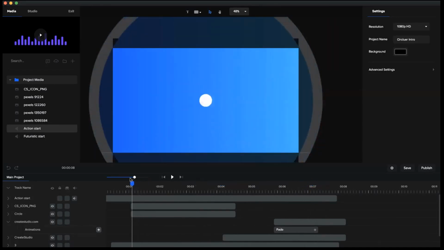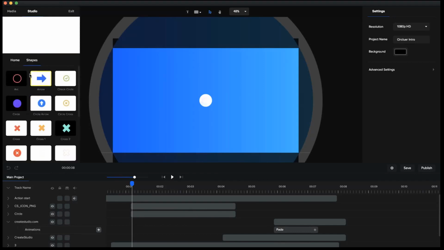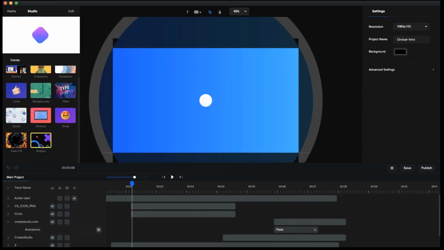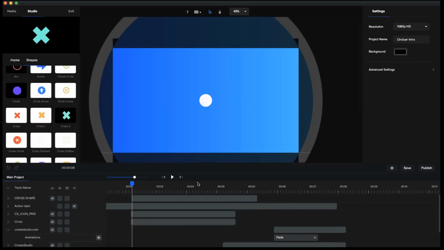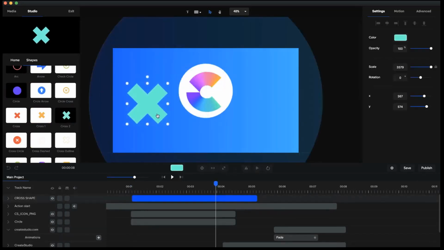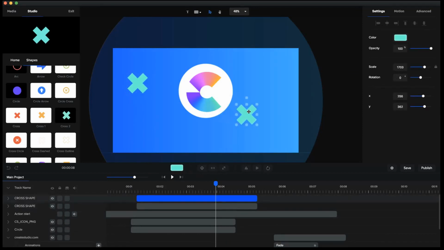What we could also do, I'm pretty pleased with this one. I could just render this as it is, but if you want to add some more details, you could add some shapes. So if you go to Studio, and if you go to Shapes down here, we've got some really nice animated shapes that you can just use. So I'm going to grab one like this, for example, just go across, maybe put it like so, and then I could just simply duplicate this one, and I'll bring it down here, maybe make it a little bit smaller,